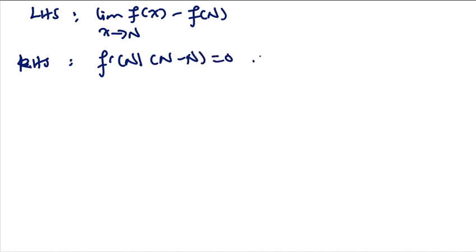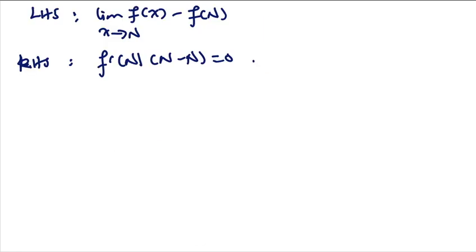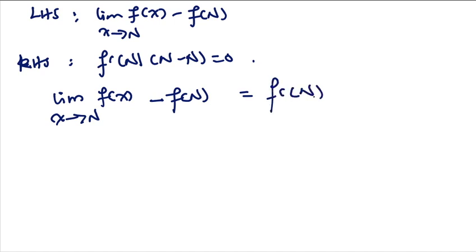Alright, now equate these two back, because this is the condition that we have earlier in 26, isn't it? So we have done the limit, and we equate both of them back because if in 26 they are equal, the limits must be equal as well. Then we have limit f(x) as x approaches n minus fn equals f prime n